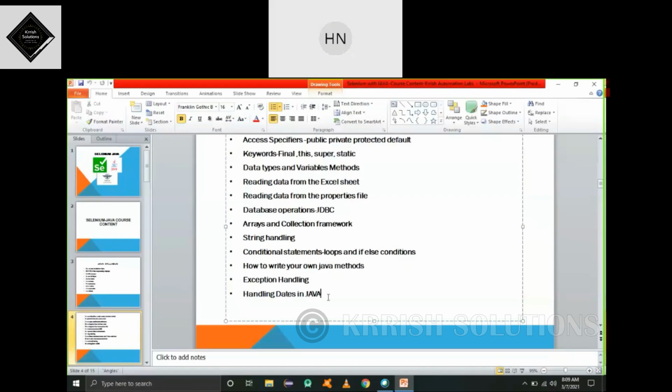right? So as an input, you are providing the dates, so how do you handle that using Java? What kind of functions do you need to call if you want to print the dates or use the dates inside your scripts? What kind of methods do you need to call, what kind of library, what kind of jar files do you require for this? Those things we are going to discuss, and we'll discuss a real-time example also, how to retrieve data from so and so date to so and so date.